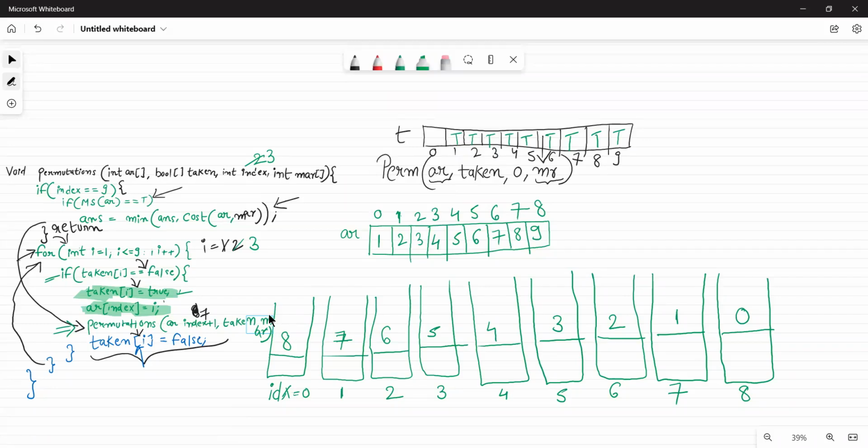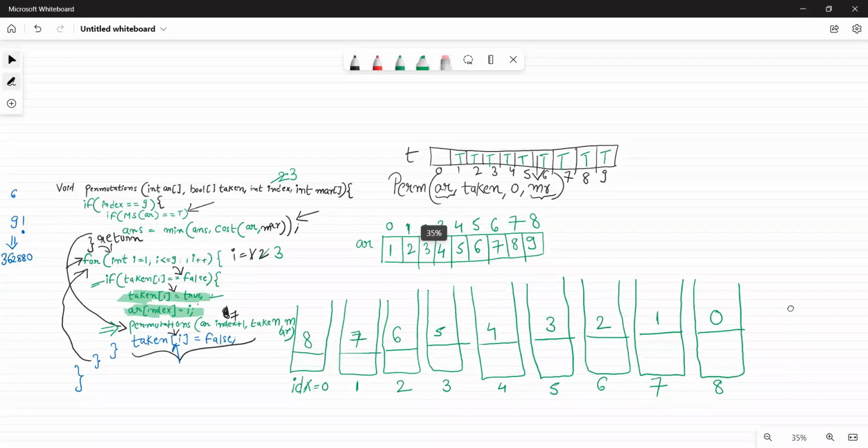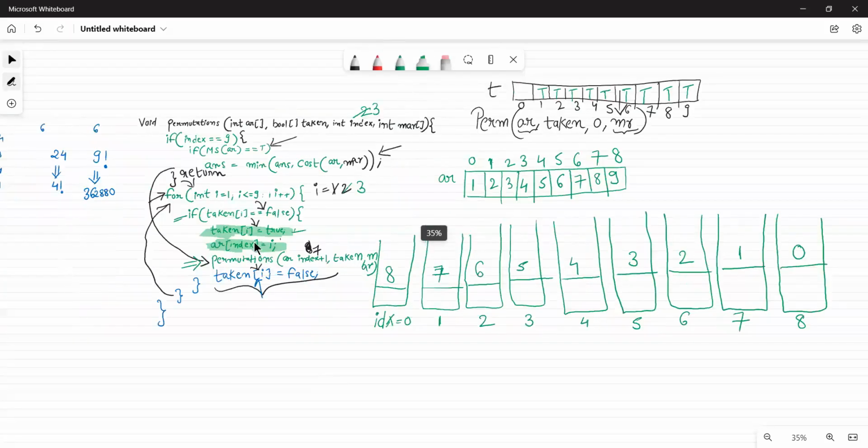When you see 1, the thing will click in the mind that 1 is taken. So that's why we are not making the array complicated, and we are just using 1 extra space, which is not that much. Yeah, I got it. Thanks. So now you all understand that this part will be executed for the last stack, that is, taken of I is made true for 9,